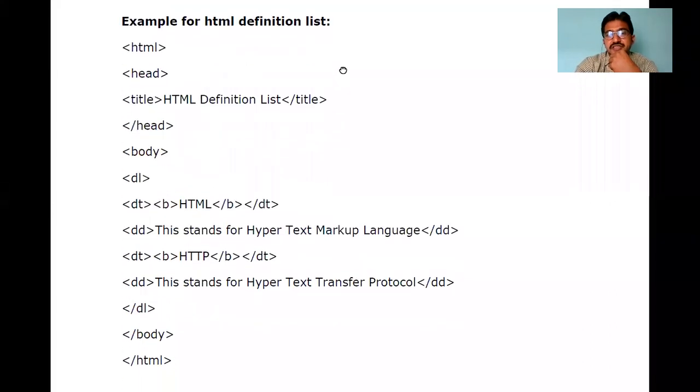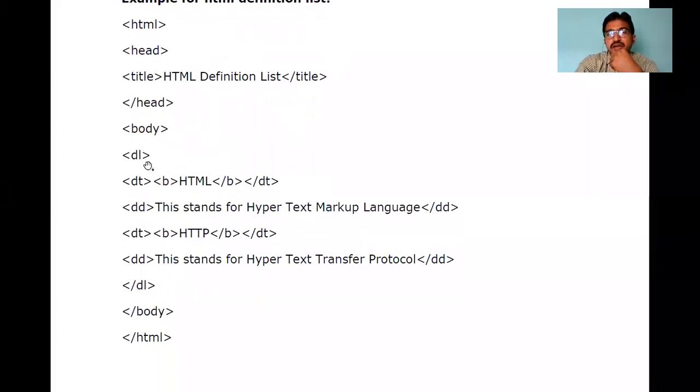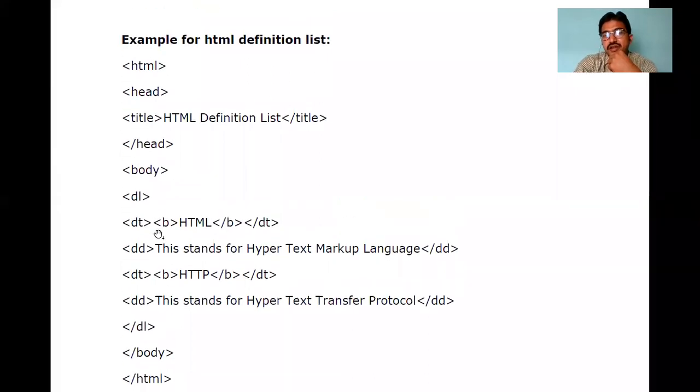See the definition list. Definition list is created with the help of DL. DL is the definition list, used to enter the text inside or to define that data or definition. DT can be used for the heading. For entering data in a table, we use TD.